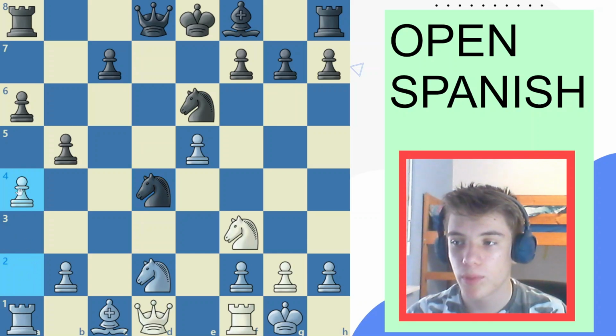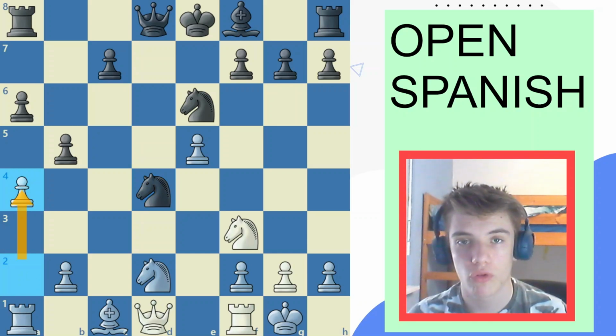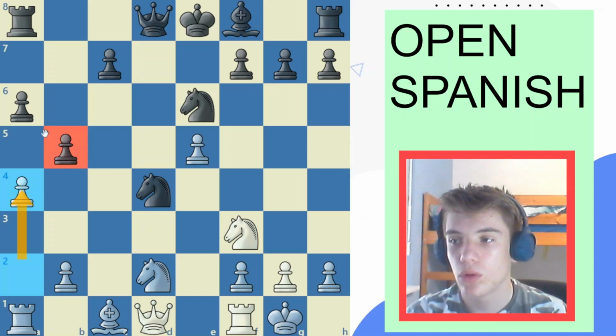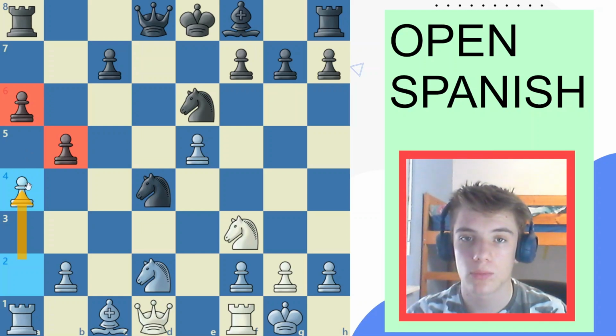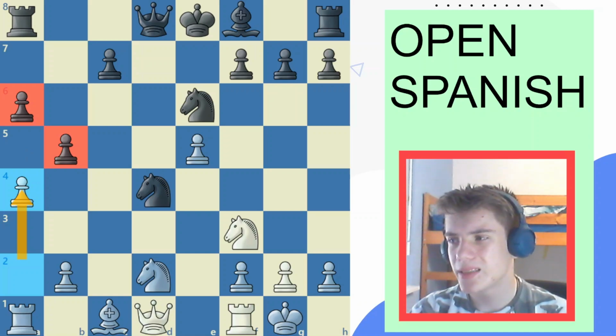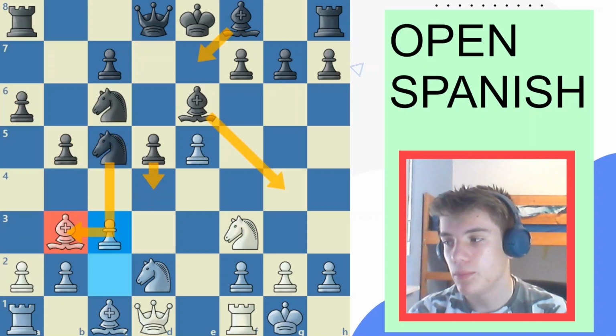Of course, a4 is an idea in pretty much every single variation in the Ruy Lopez, trying to make these pawns worse, trying to make some weaknesses that we will be able to use in the middle game or the early endgame. So d4 here, white is better and black has to equalize, but of course the main line is bishop to